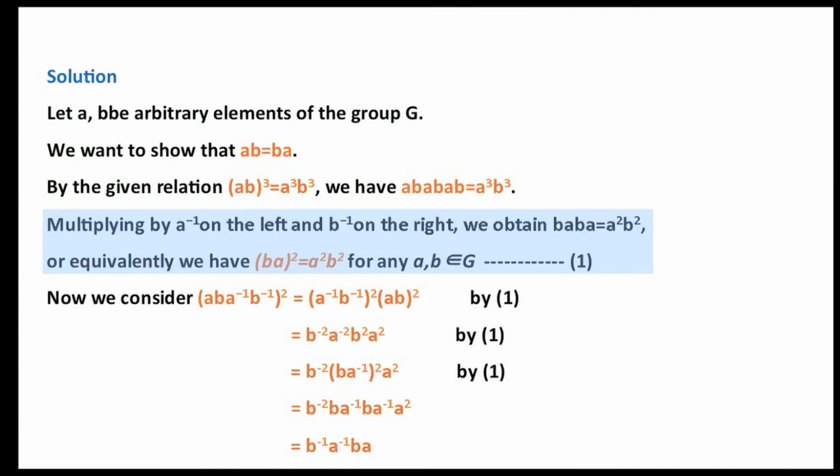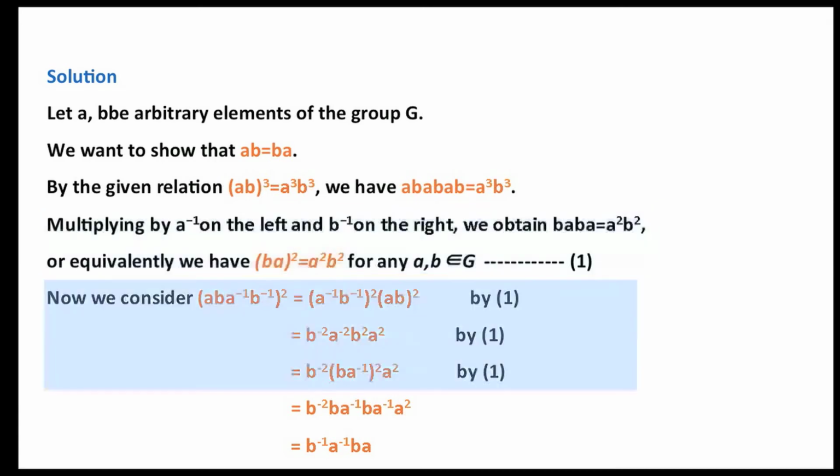We have a b a b a b equals a cubed b cubed. Multiplying by a to the power minus 1 on the left and b to the power minus 1 on the right, we obtain (b a) squared equals a squared b squared, or equivalently we have (b a) squared equals a squared b squared for any a, b belonging to G. Now we consider (a to the power minus 1 b to the power minus 1) the whole squared, which is equivalent to